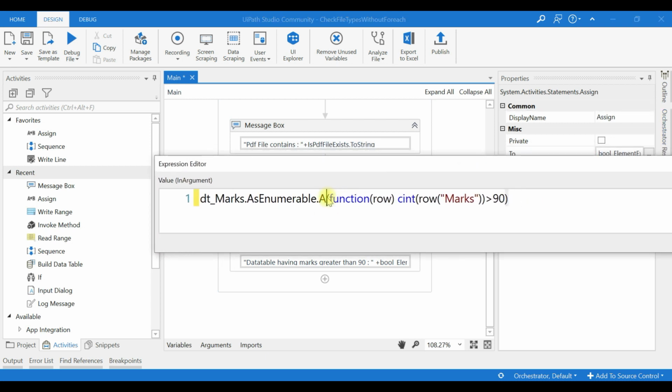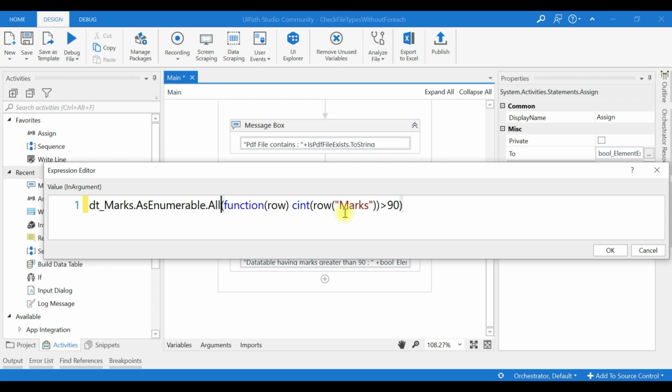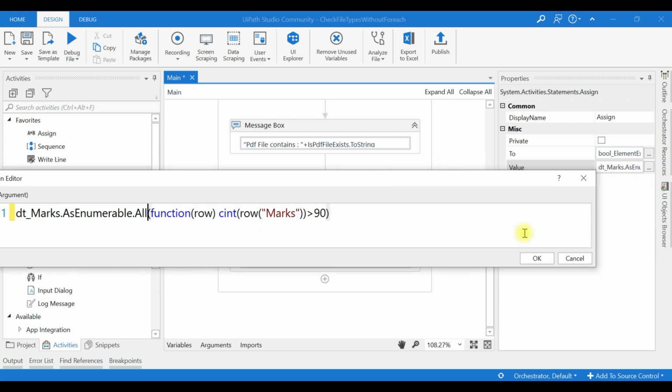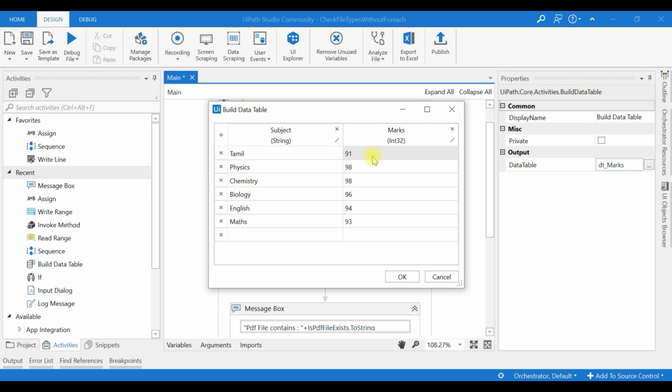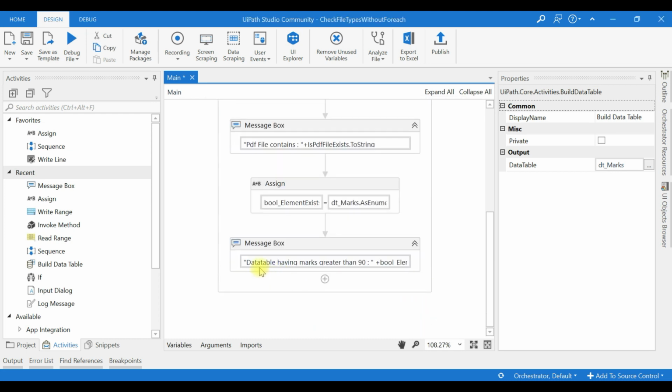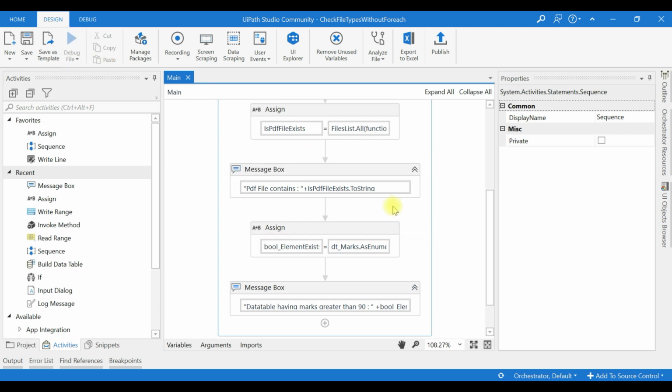Dot Any, so it will return true only if all the rows of the marks column are greater than 90. Now see, all the rows are greater than 90. Now it must return true. Data table having marks greater than 90. Okay, I'll run it.